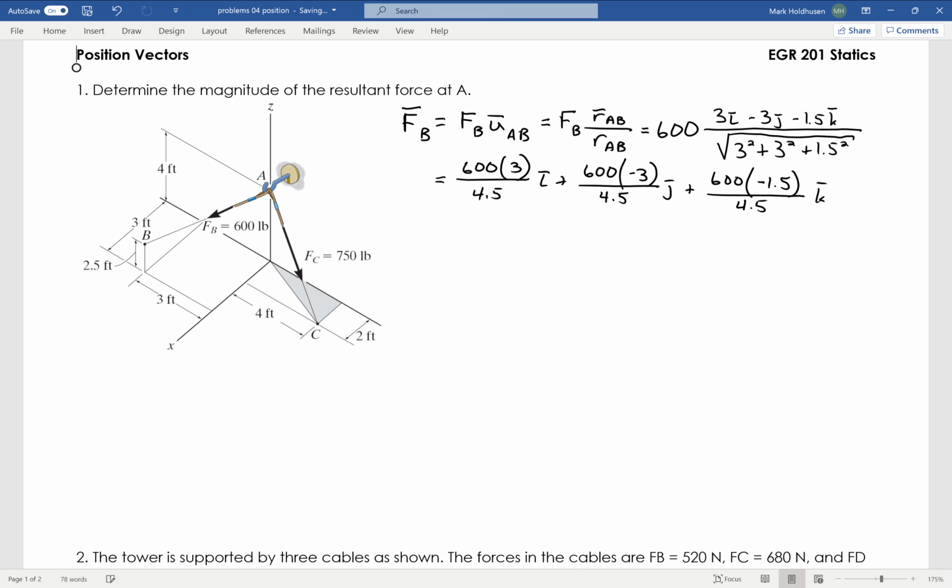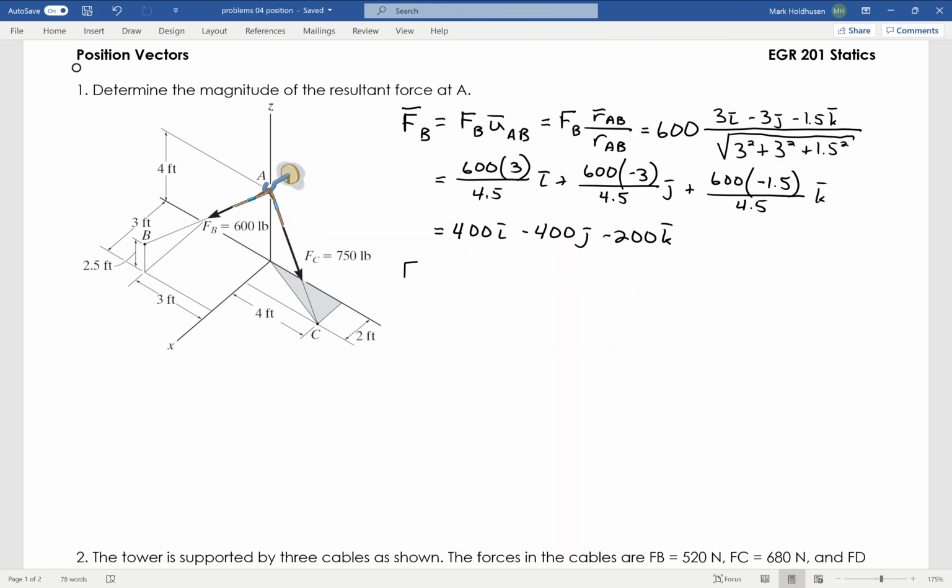So what I wind up getting is 400i minus 400j minus 200k. So that is that 600 pounds written in Cartesian form. It goes 400 in the x, negative 400 in the y, and negative 200 in the k. And I get that by taking that force magnitude times the position vector over the magnitude of the position vector, to get that force times the unit vector, to get the direction of that force along that cable from A to B. So we'll do the same thing with